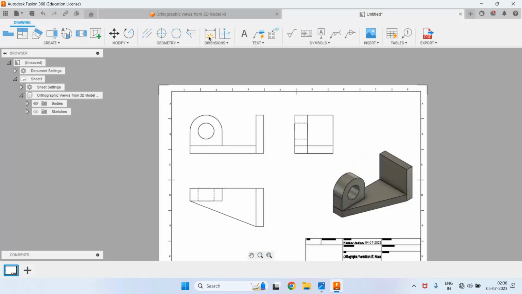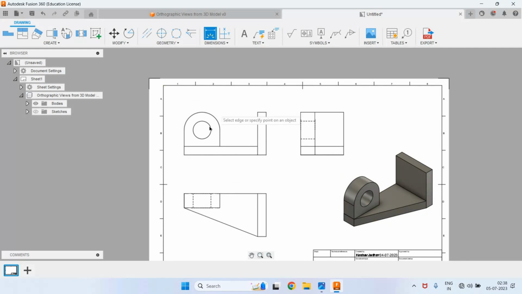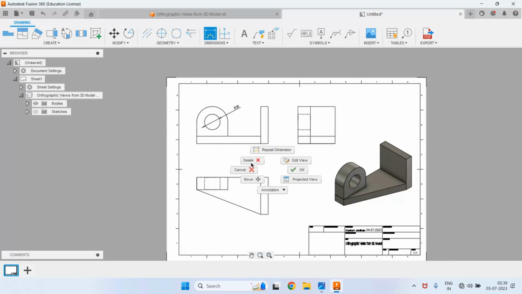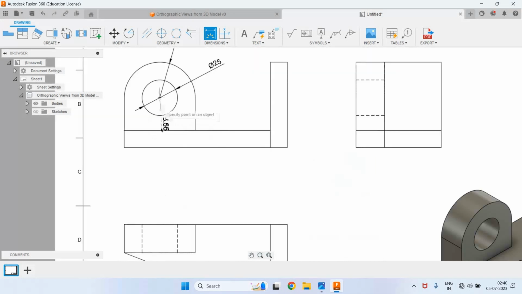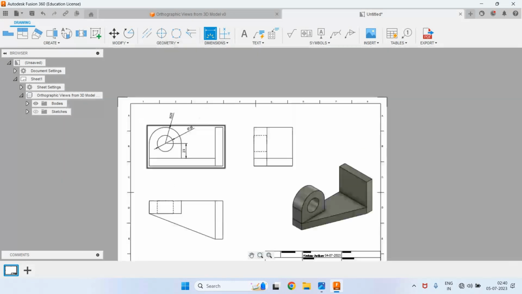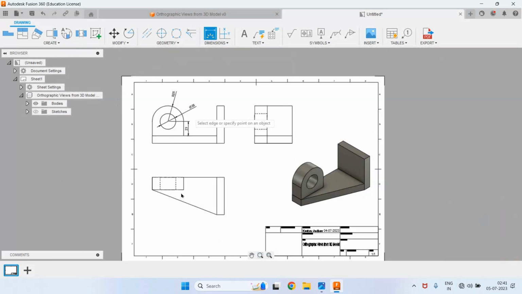Now we have to give the dimensions. So here is the dimension command, select that, give the dimension of this circle, then select this dimension, then select the circular arc and place the dimension. The center of this circle from this edge is 23, then in this line it is 60 mm,